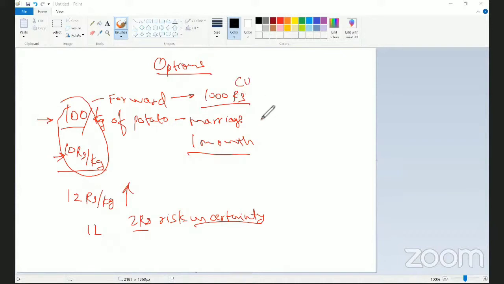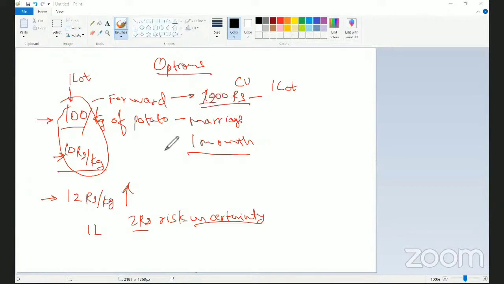Okay, the lot size of this contract, say this is 100 kg, is assumed to be one lot. So instead of saying 100 kg, 1000 kg, 10,000 kg, it becomes too big a unit. It's very similar to saying meter or centimeter instead of millimeter, so that it becomes easier. Same stuff here. Instead of saying 100 kg, I'm saying one lot. So we are entering into a contract of one lot, which is worth 1,000 rupees as of now. But in the future, he's expecting it to be 12 rupees. So you are entering into a contract not of 1,000 rupees, you are entering into a contract worth 1,200